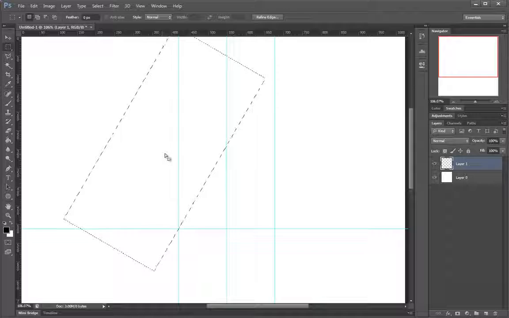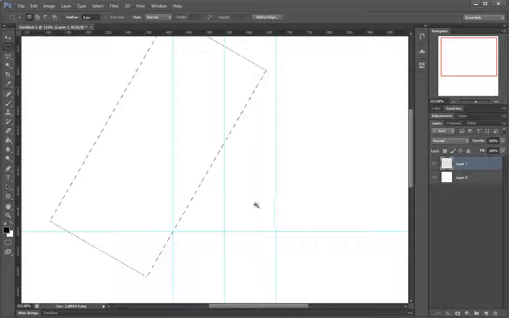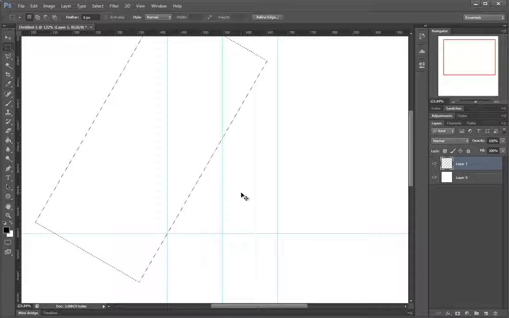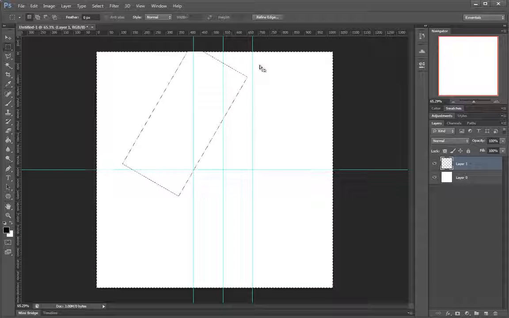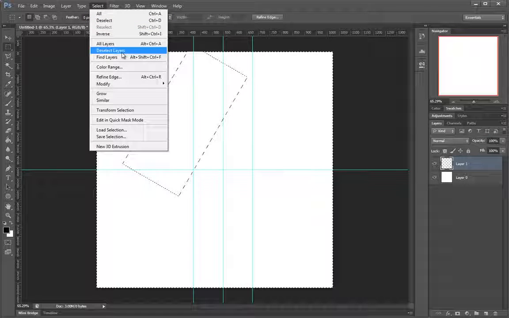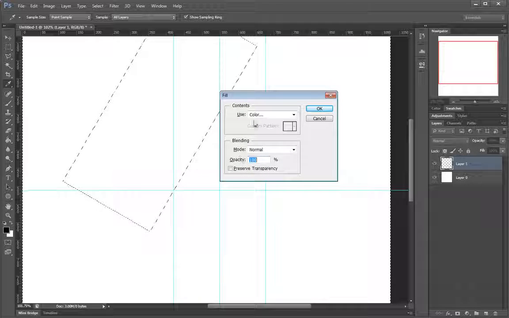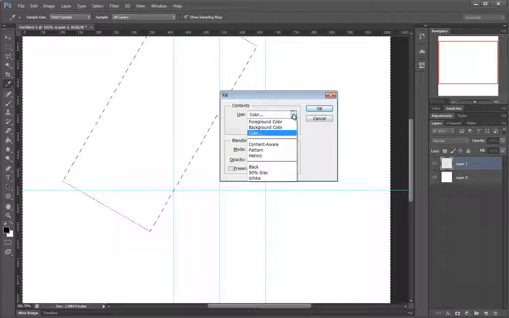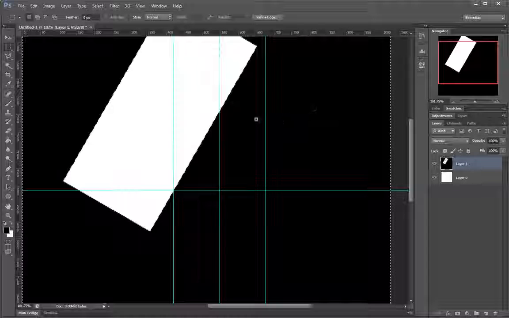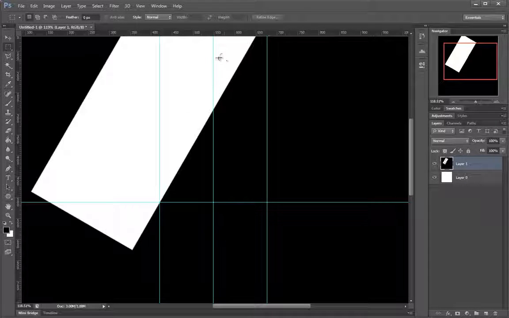I make a new layer because I don't want to mess with this one, and Control Shift I will reverse the selection. So you see now it's just this rectangle, and if I press Ctrl Shift I, it's reversed. Inverse selection, Shift Ctrl I. Okay. So now if I Shift F5 and fill this with say black, I fill it like this, can deselect it